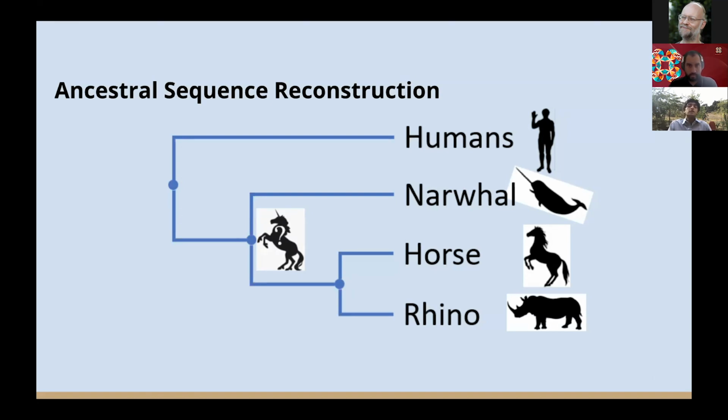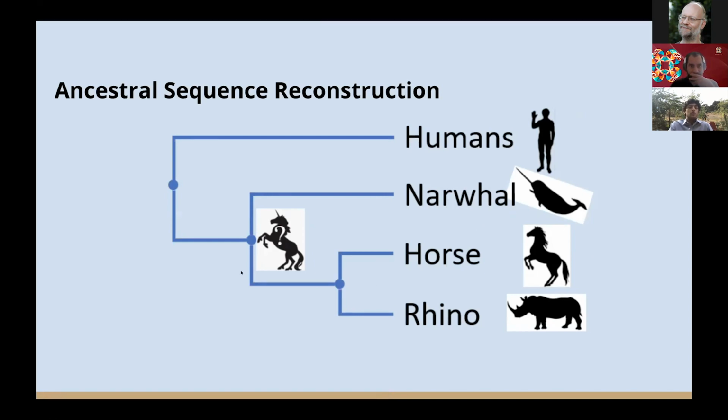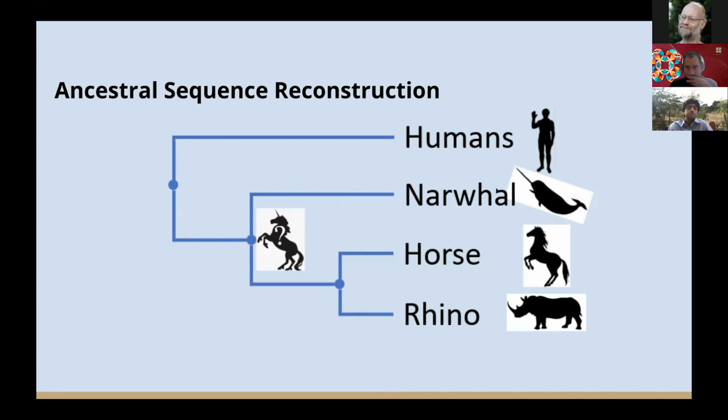And by making a tree like this, they can basically use an algorithm that'll make a sort of hybrid genome. So in this case, we'd want a hybrid genome for the narwhal, horse, and rhino. That'll be the unicorn genome, right? Because the unicorn is sort of the parent in this case, in this imaginary case of the horse, rhino, and narwhal lines. But we're not going to be doing too much of this ancestral sequence reconstruction,